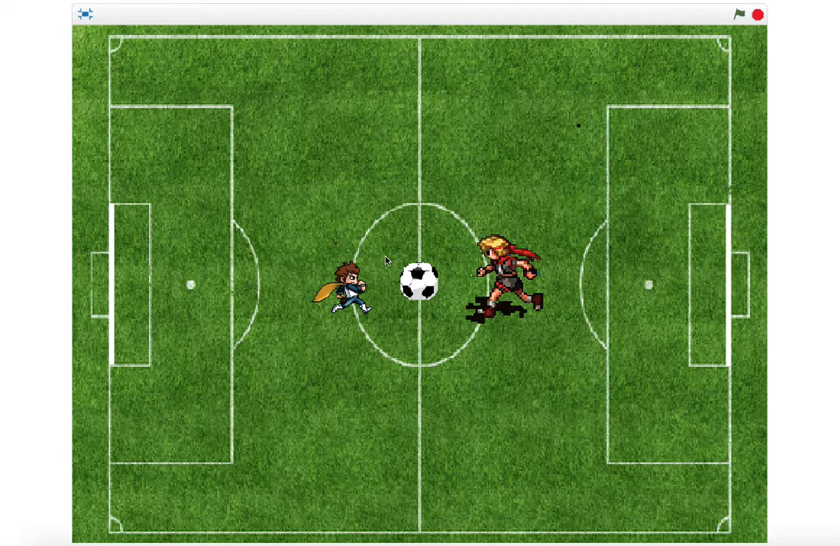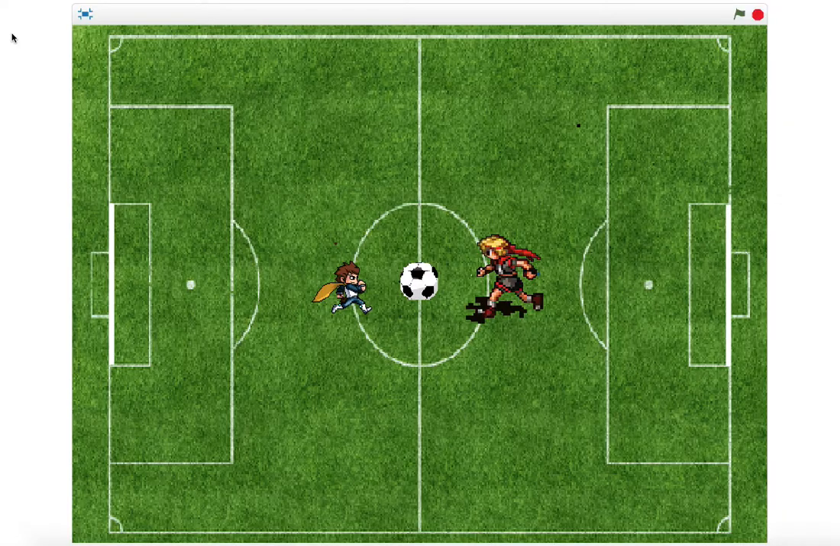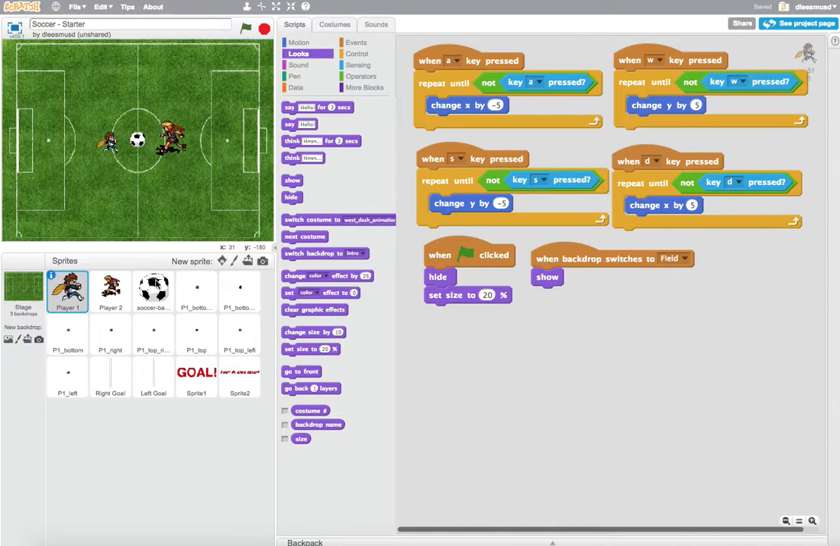So now that the player is smaller, the ball's going to be smaller, and the player 2 is going to be smaller. That gives us more field area for the game to take place in. All right, and it looks really bad when you're in this mode, but when you full screen, it doesn't look as bad. Okay, so now let's go ahead and